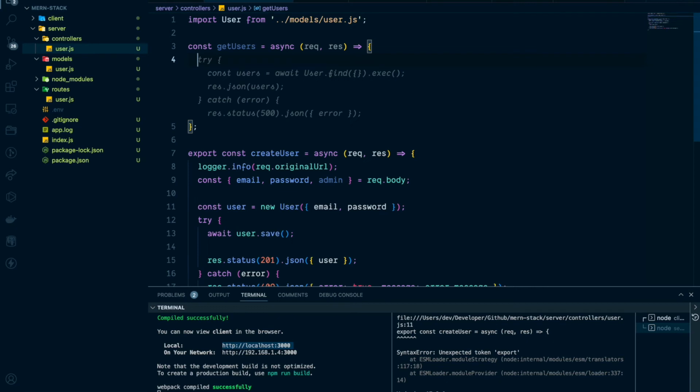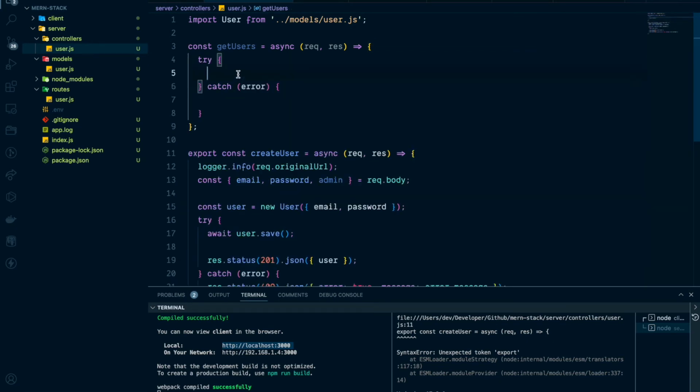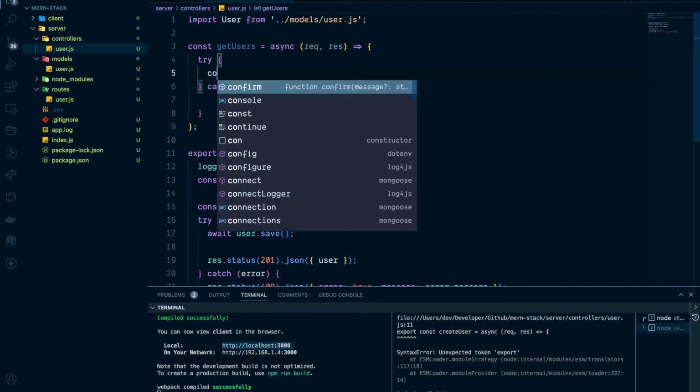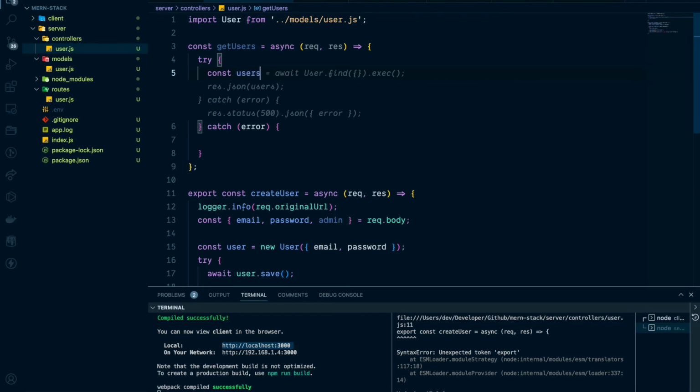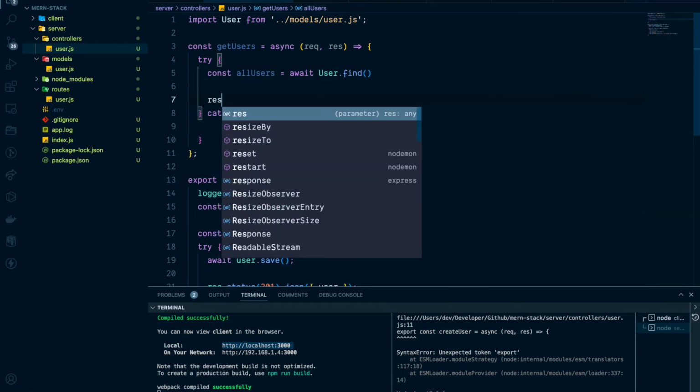What we have to do was we need to find. So first of all, we need to open try catch. Within our try catch, we need to find. The only thing we have was User, right? So what we can quickly say is: const allUsers equal to await User.find. User.find is enough. And I can say response dot